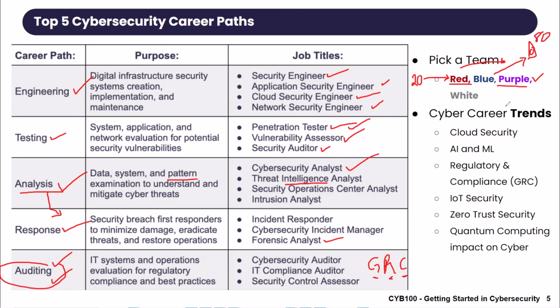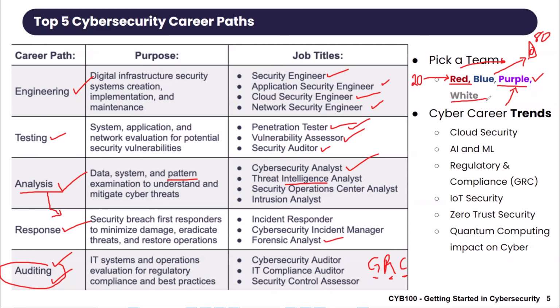Besides, I always encourage people to start with the purple because really good blue teamers know a little bit of red, and the really good red teamers know a little bit of blue. So for you to attack a system, you got to know what you're attacking. Right? And the same thing with the blue. If you're going to be protecting a system, you need to know the kind of doors that the bad guys can open to get in so that you can close those doors.